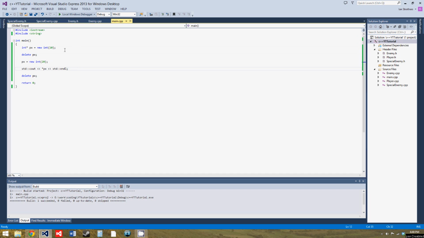In the next tutorial, we'll get into what pointers are really used for. And that's using pointers to classes and polymorphism, which is a confusing topic, but the name is a bit more daunting than the topic actually is. So we'll get to that in the next tutorial, and